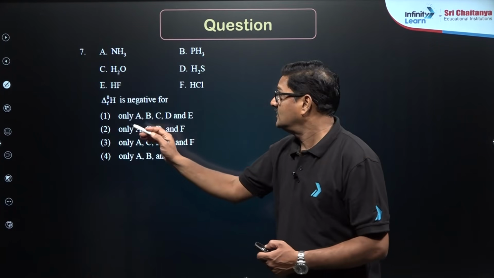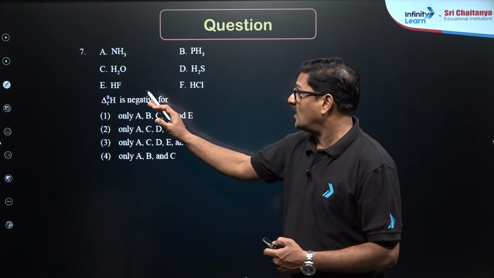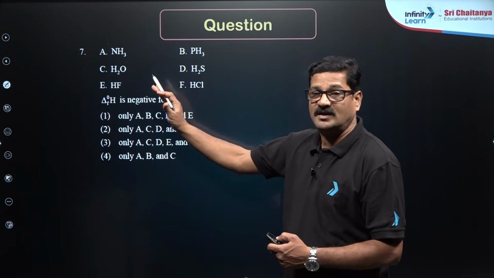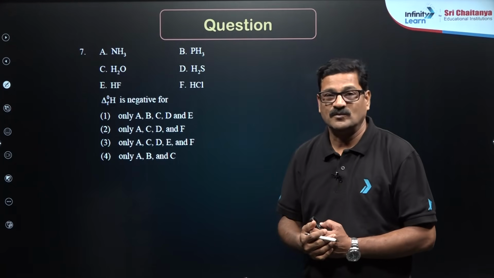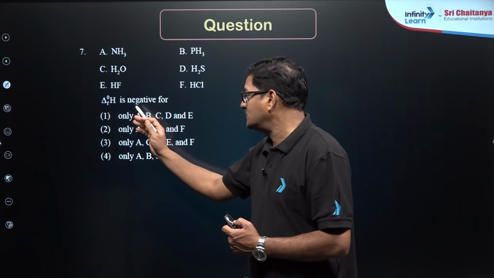Students, here certain compounds are given: hydrides of group 15, group 16 and group 17. Enthalpy of formation is negative for